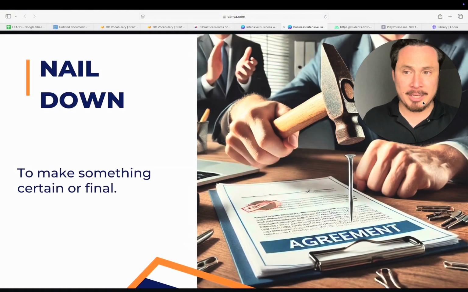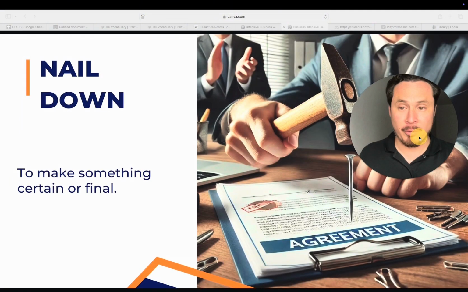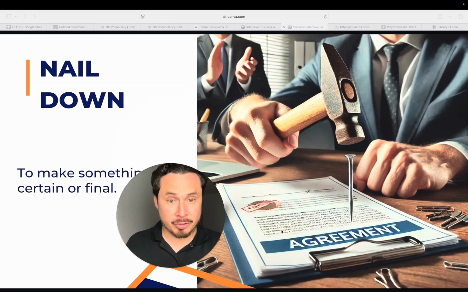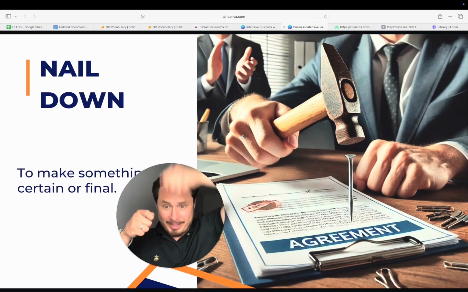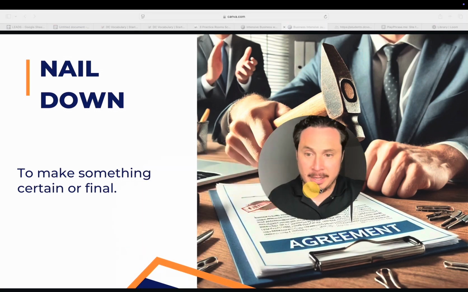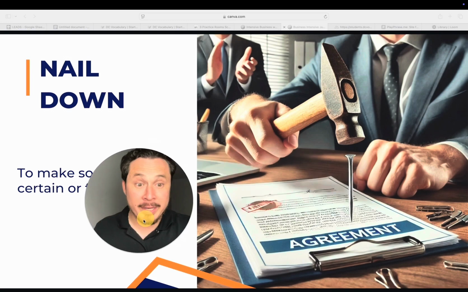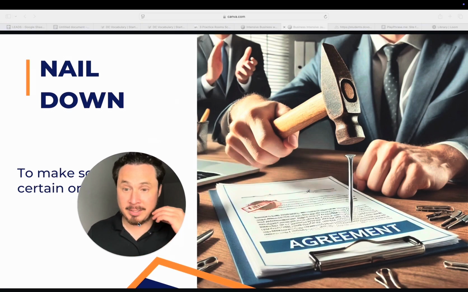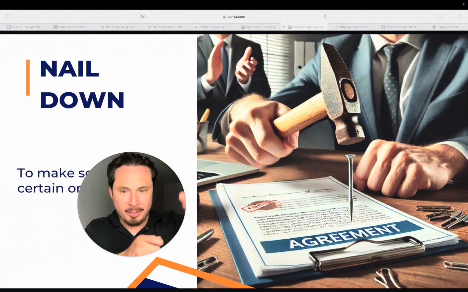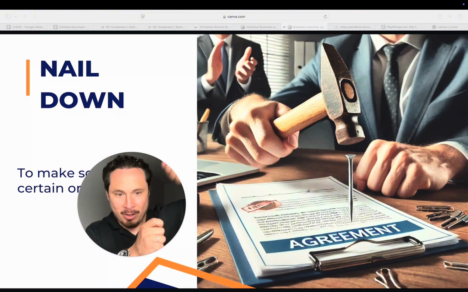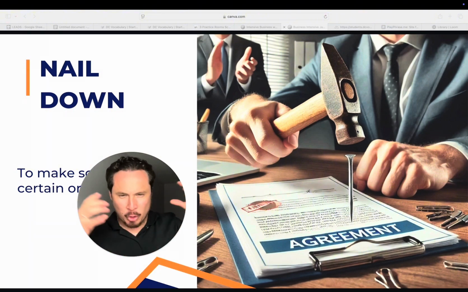For example, a nice way to learn an idiom, by the way, is to create an image. So we have an idiom like nail down. Nail is un clavo. Nail down is like to nail it down with a hammer. And that idiom means to make something certain or final. Finalizar, concretarlo, right? And so we create the images for the students because it helps you memorize idioms 10 times faster. So you see an idiom with a hammer and a nail and an agreement. So you connect the two thoughts.